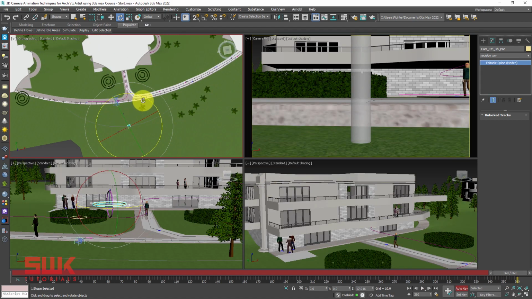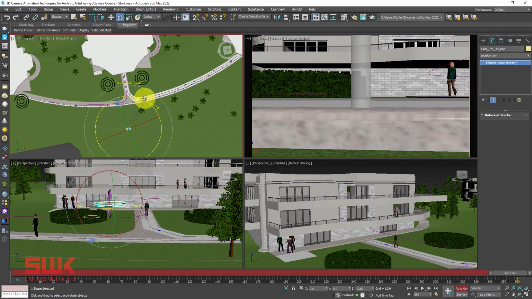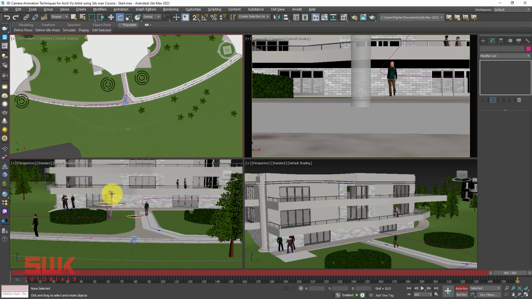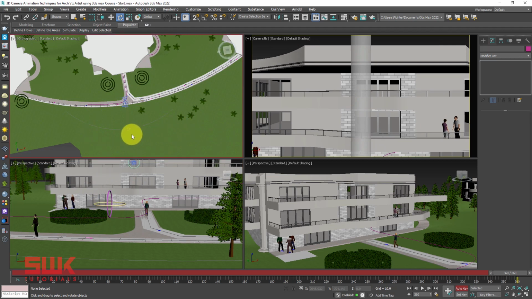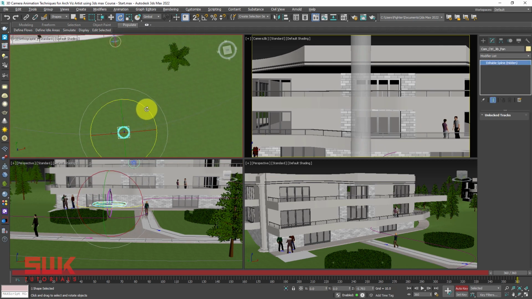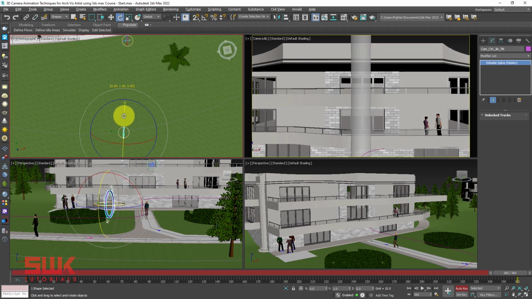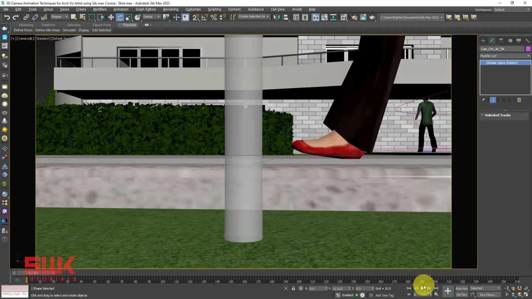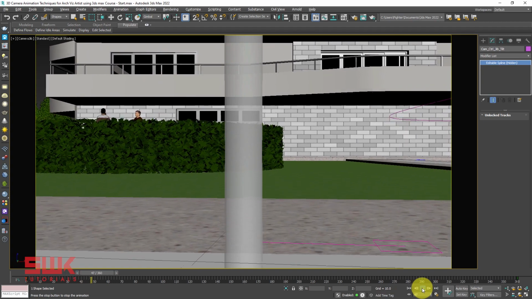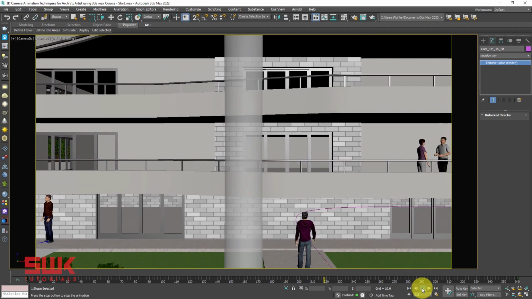Now on my last frame I will do two things. First I will move my jib pan controller, move my rig like this and use my tilt controller to bring it up like this. Then again I will select my pan controller and move it like this to get it centered. Use my jib controller to make it go up or down as much as I want. Now go to the first frame, click on play, and you can see your animation is playing.